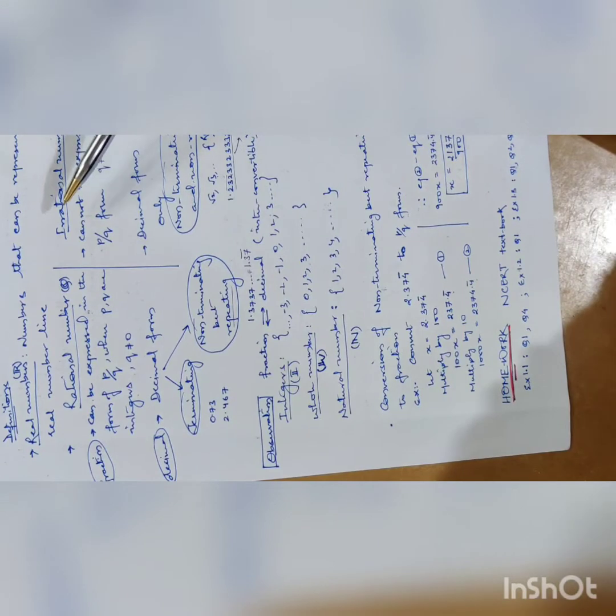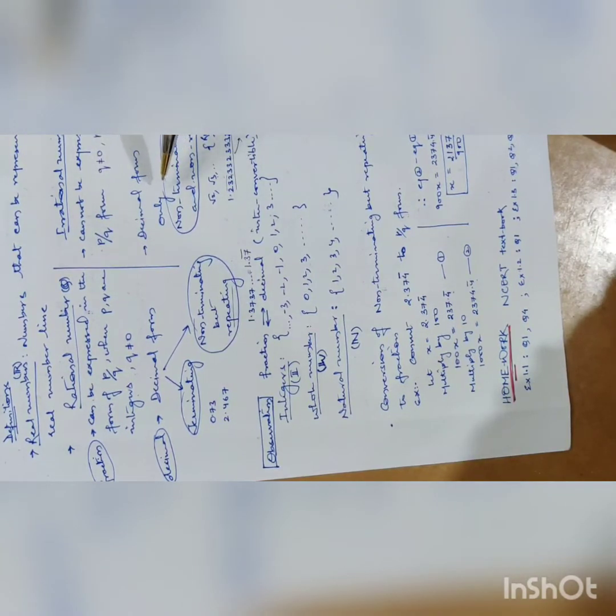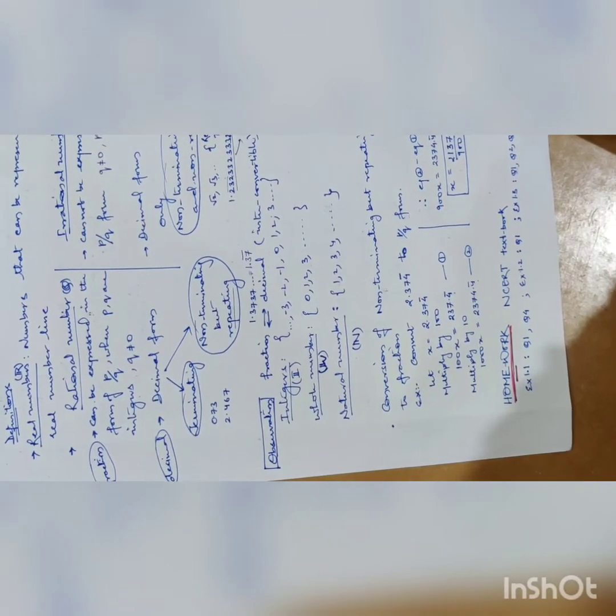On the other hand, if you talk of irrational numbers, they can have only one form of decimal expansion. What is that? The decimal expansion of an irrational number is of the form non-terminating and non-repeating. In simple words, neither does it terminate nor does it repeat. Examples are √2, √3; roots of all prime numbers for that matter are irrational numbers, definitely. And numbers like